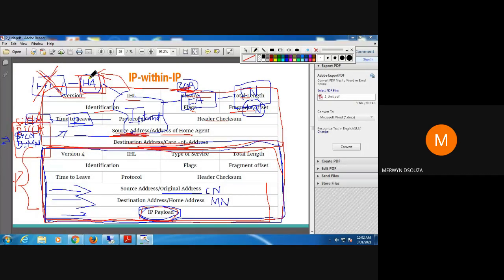Think of paper envelopes. The CN is sending a small paper envelope, and when the home agent receives it, it puts that small envelope inside one bigger envelope. That process is known as encapsulation.